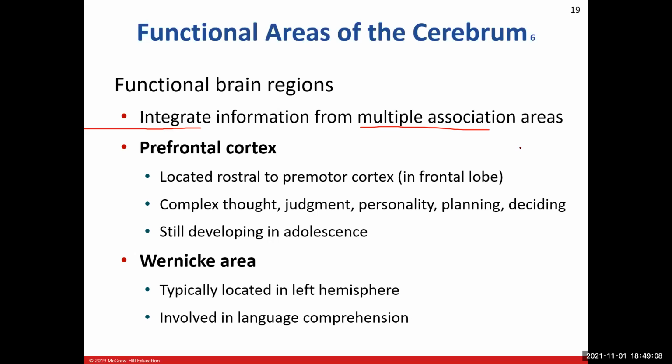Well, the prefrontal cortex is a lot of where your critical thinking is found: decision making, planning, judgment, personality. This can still be undergoing a lot of developmental changes up until your mid-20s. I mean, I agree with this in regards to some of my decision making and judgments,